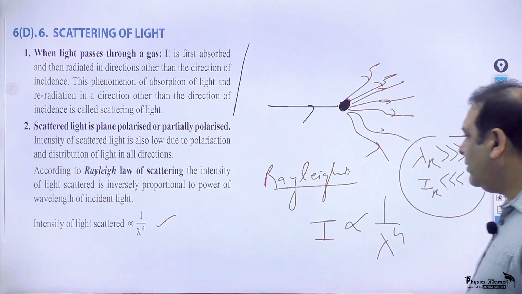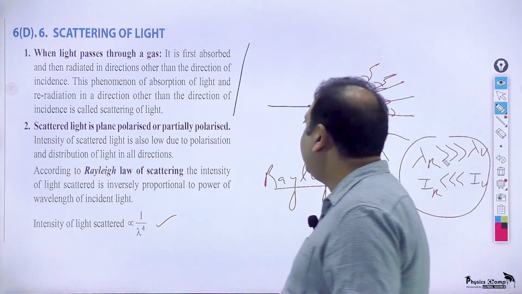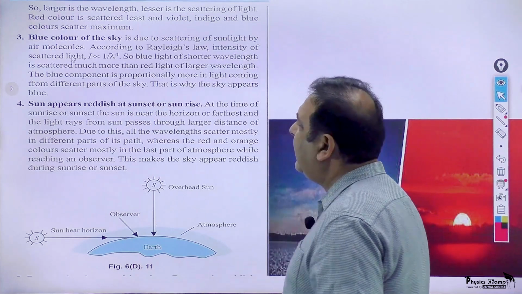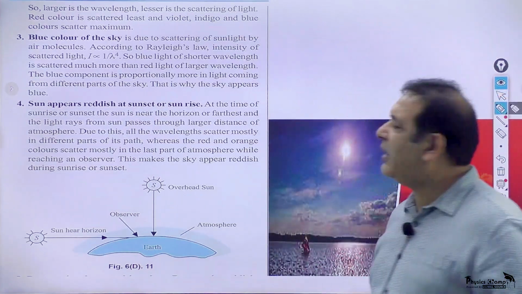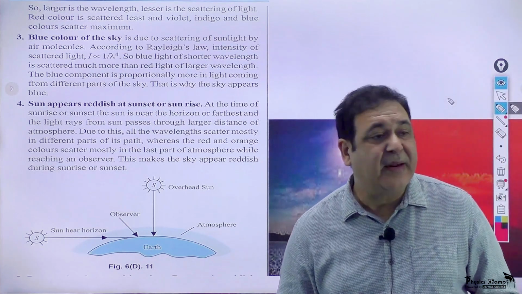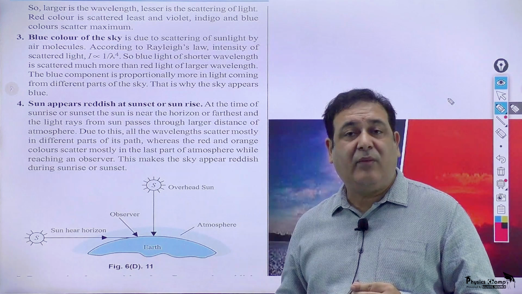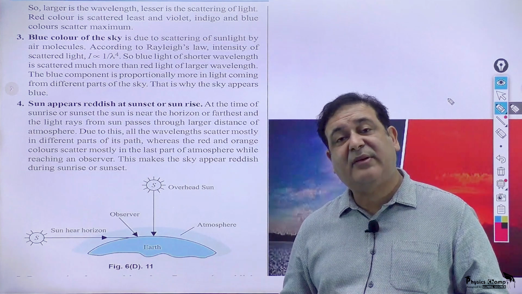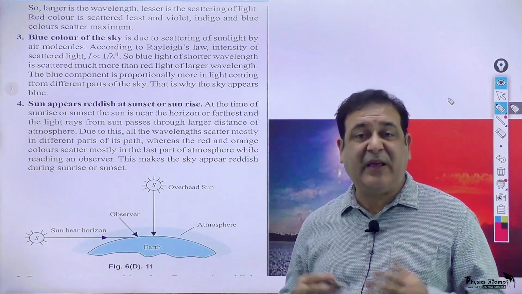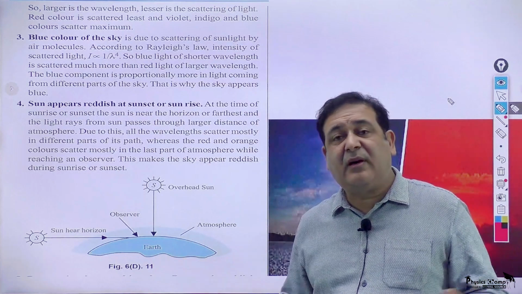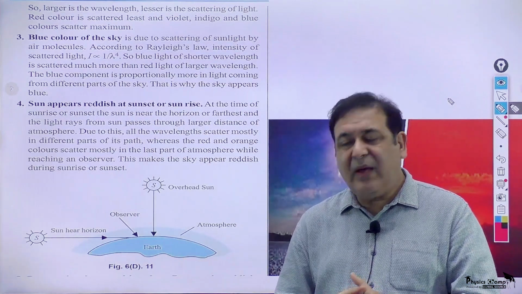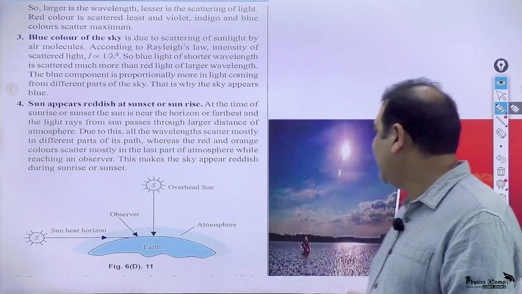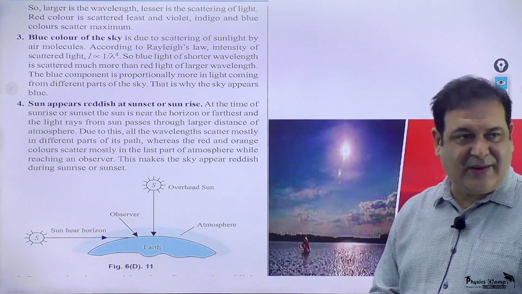So let's take all those phenomena one by one, and I would first take the blue color of the sky. Just imagine why the color of the sky is blue. Can the color of the sky be violet? Can the color of the sky be red? Can it be orange? And can some other planets have a different color of the sky? And why do we have on our planet the color of the sky as blue? You must have observed this blue color of the sky.